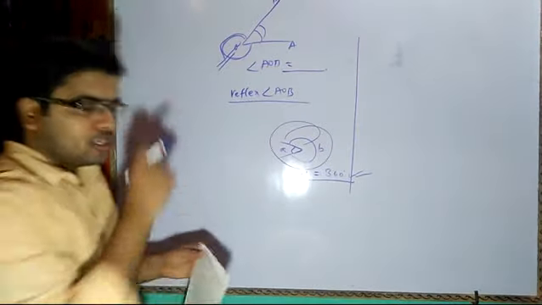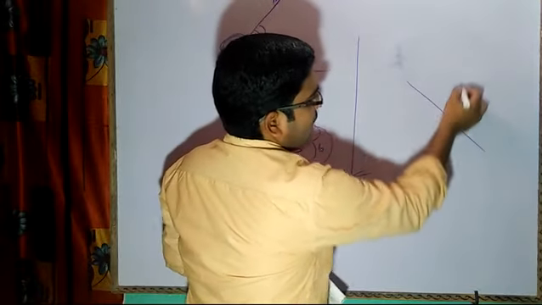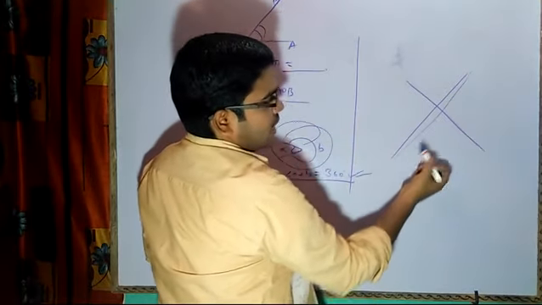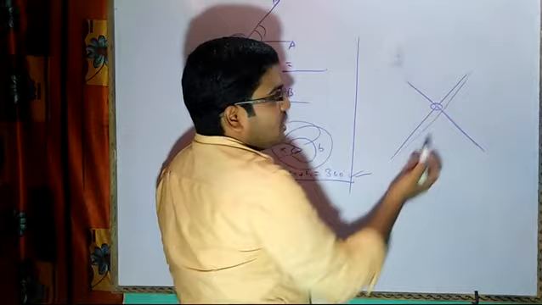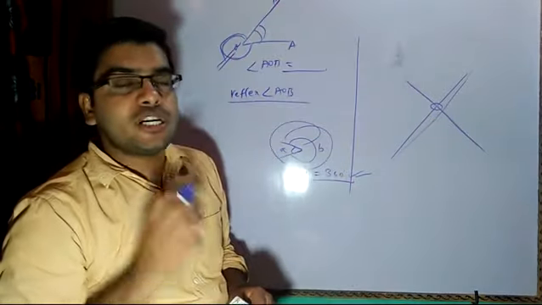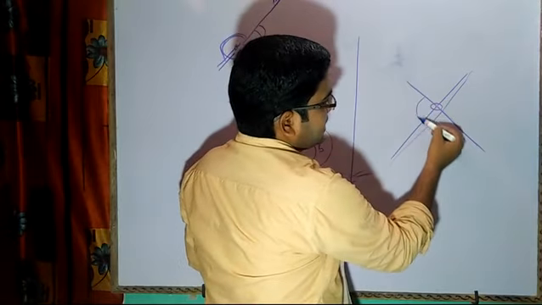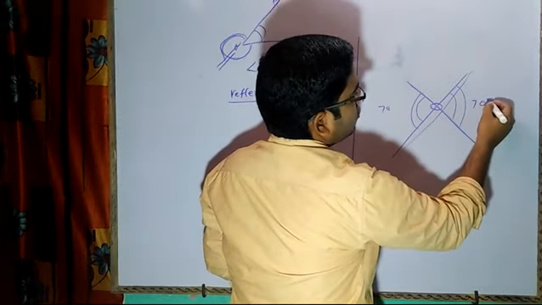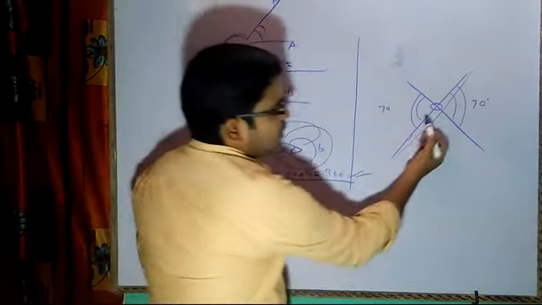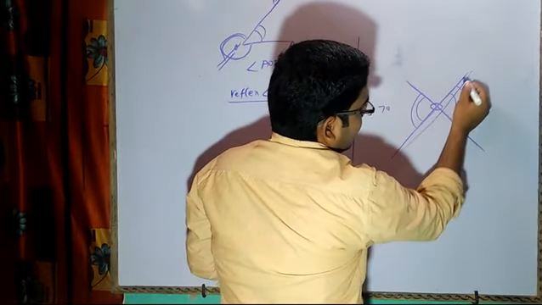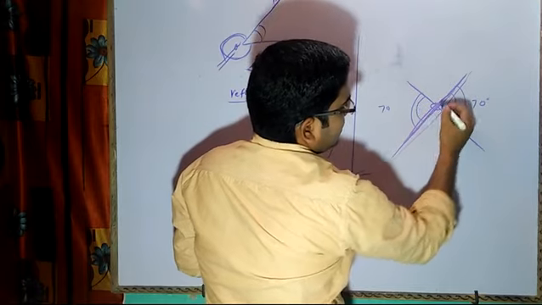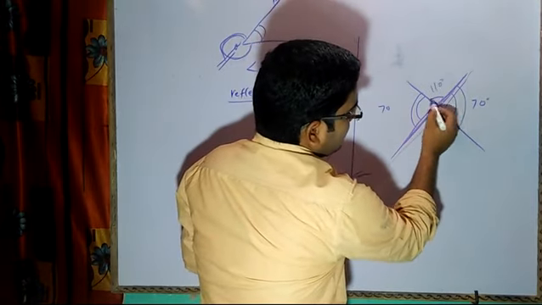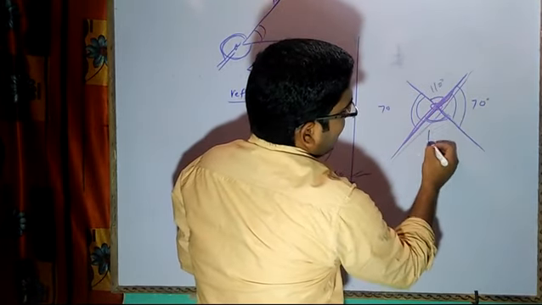Now I have to tell you about the vertically opposite angle. When I have a cross sign like X, when I have a straight line and from this side another straight line, they are intersecting at one point, then they will form a pair of vertically opposite angles. What do you understand? So this angle will be equal to this angle, whatever it may be. Like if it is 70 degree, this will also be equal to 70 degree, correct? Now if it is 70 degree, this is forming a straight line, right? So if this is 70, this will definitely be 110 degree. Yes or no, my dear student? If it is 110, again this is forming an X symbol, so this is also 110 degree.